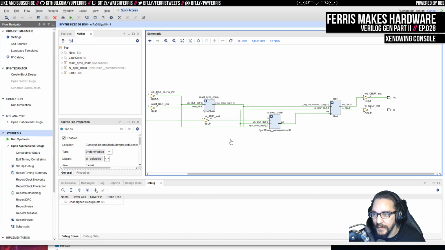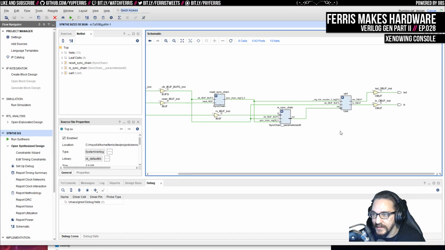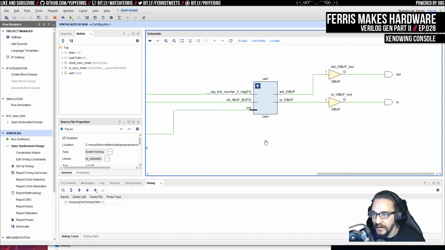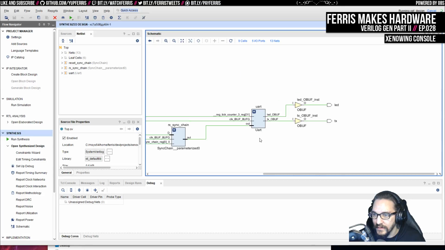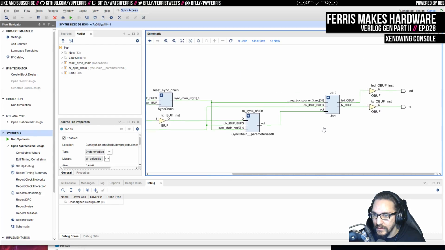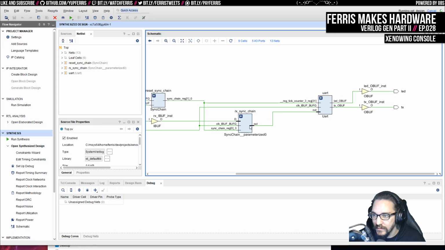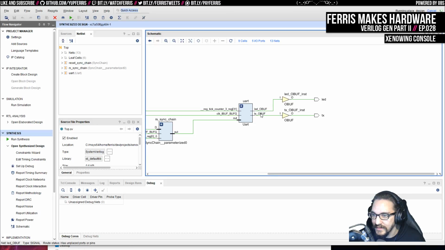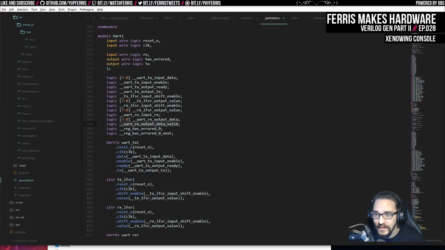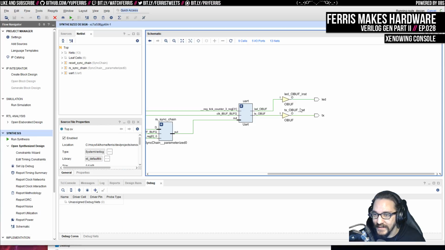Yeah, so here's the schematic here. We can see there's these sync chains, and then there's this UART thing here. And so yeah, we get the reset one. We have the clock. This out is named badly because it comes from this RX value, and then we have the LED and TX, which is the outputs of there, which makes sense, I think. Again, this is called has errored here, so it's a bit weird that it's called LED, but I think that